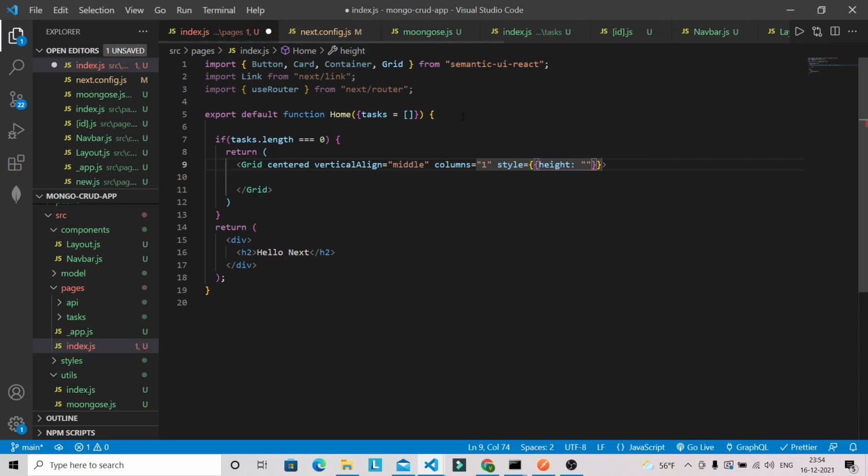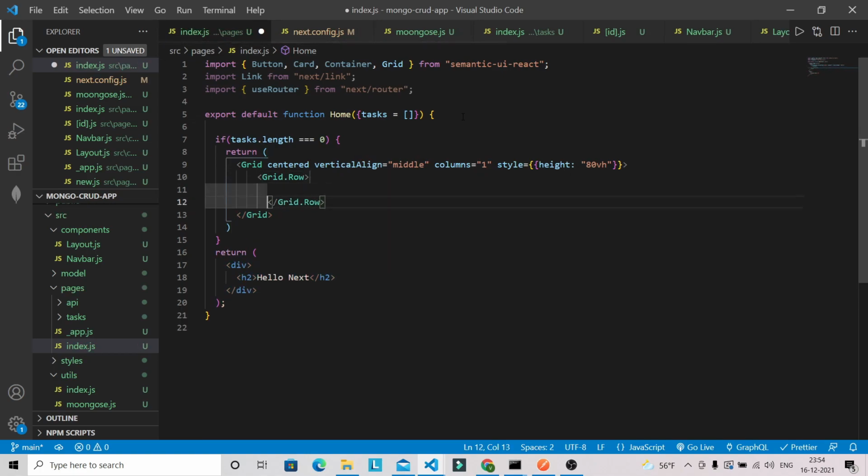So let's give 80 VH, viewport height, and we are going to have then grid row, then we will have a grid column.